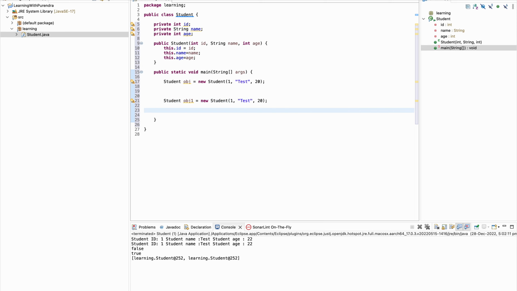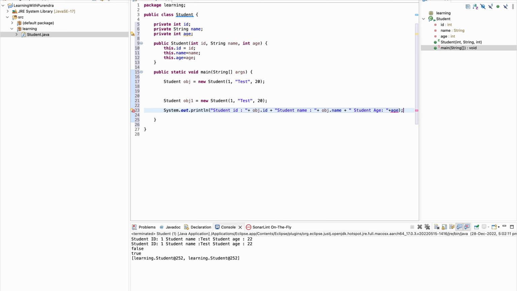Now let me first of all print the values. Let's print student id using obj.id, then student name using obj.name, and student age, printing the age as well.